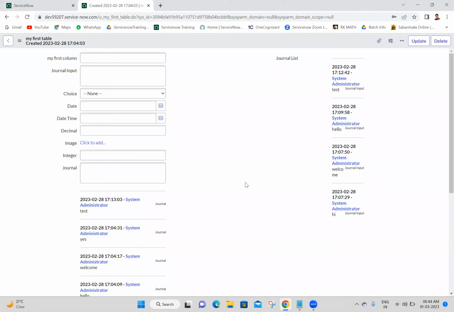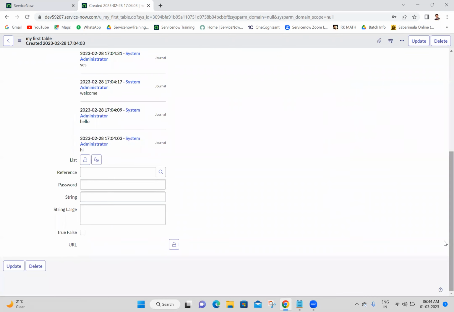Okay, here you can see we have the journal input here. If somebody adds comments, all comments will appear here. Okay, got it, everyone? Yes. And next,